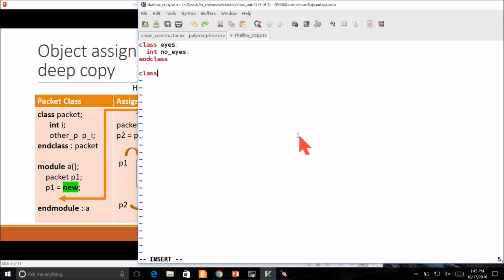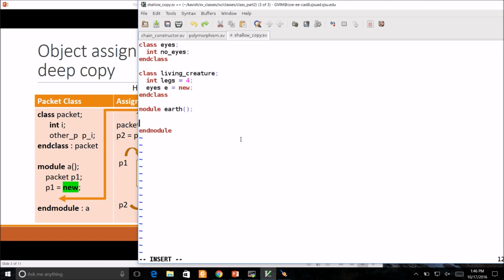Let's take another class. It's some living creature class. Inside the class I'm taking one new integer, that is legs, and I'm assigning some initial value of 4. Now I'm taking the instance of the class eyes, e equal to new. I'm creating it here. Now finally taking one module, say earth,